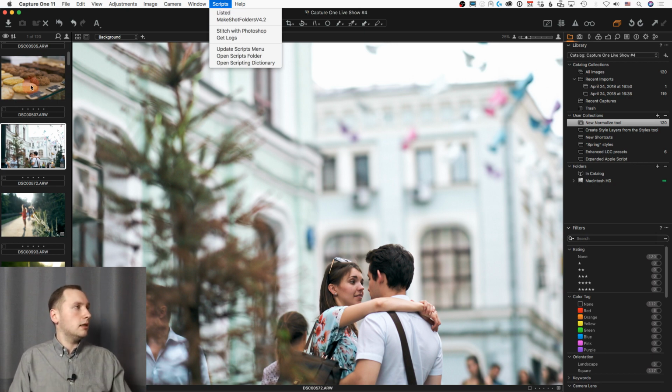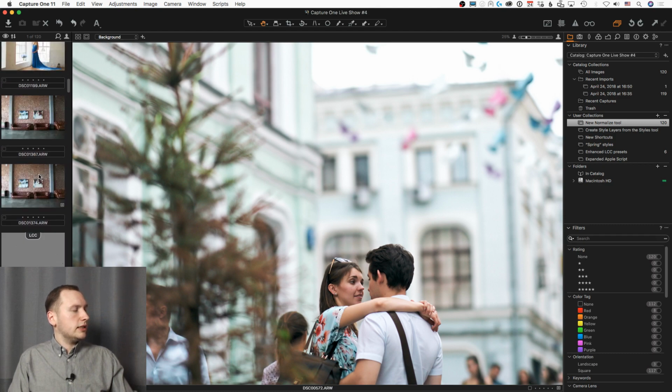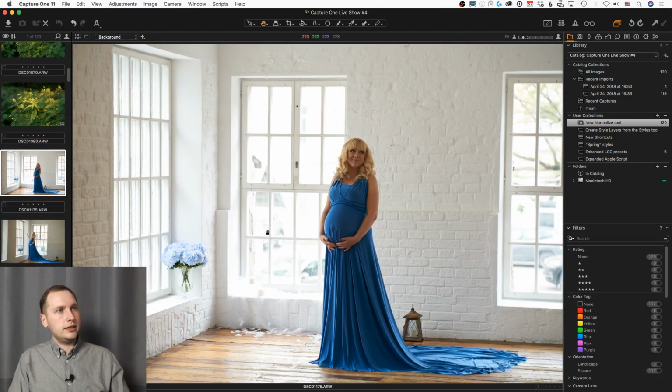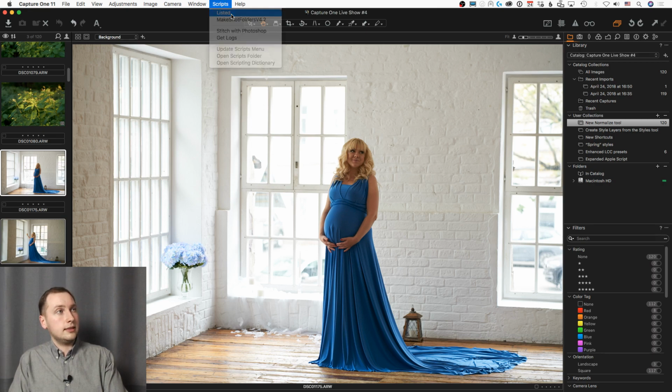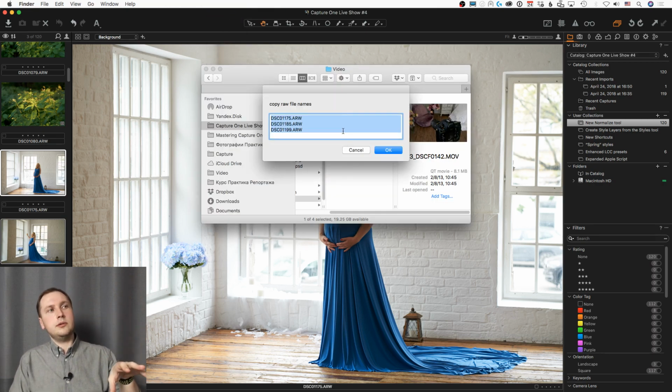And what does this script do? For example, you are working with images, editing images, and you wish to send them to your retoucher, or maybe to any other person, or maybe you just wish to tell your boss in your studio which images are the best from your choice. There is a simple option. You're just selecting the group of images, clicking Scripts, Listed, and this script just copies